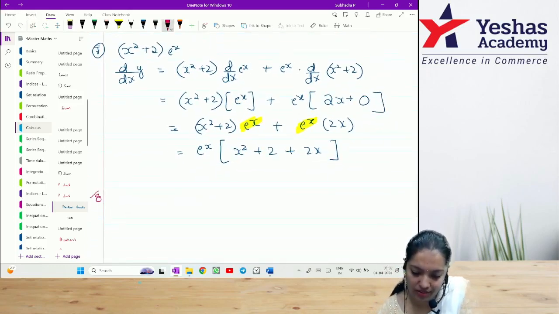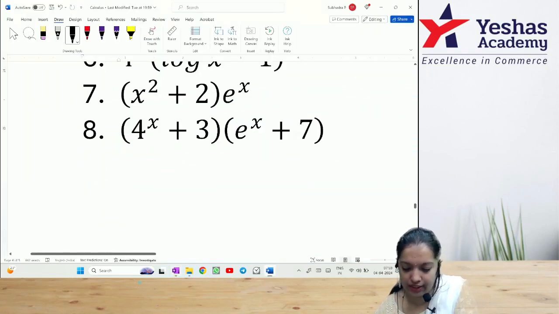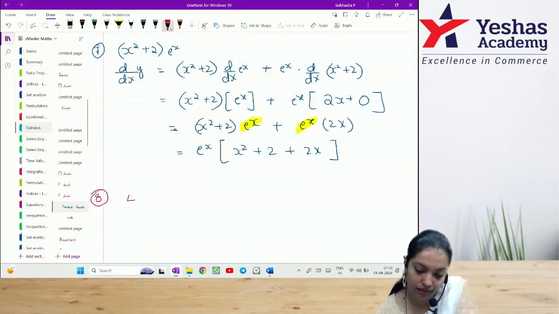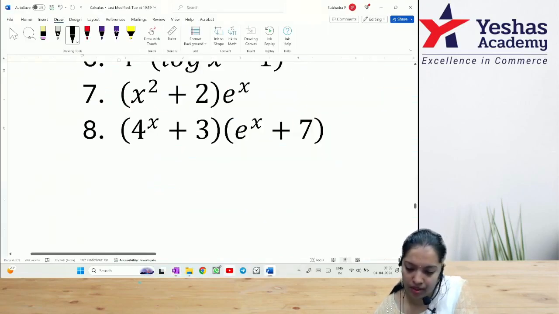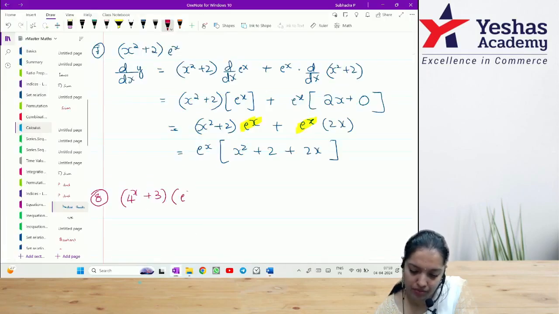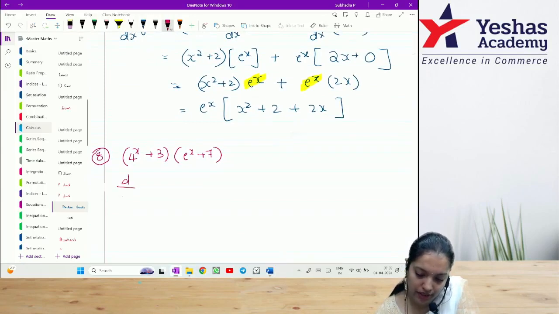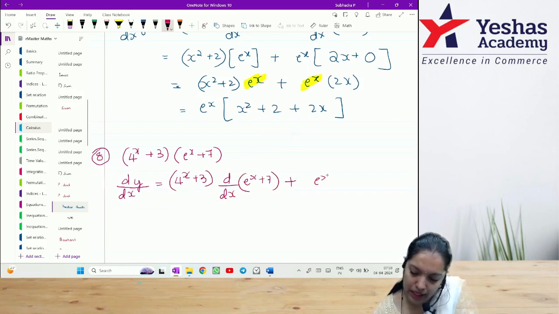Next, 8th one. Last one. 4 power x plus 3 into e power x plus 7. Derivative of y is given as 4 power x plus 3 into derivative of e power x plus 7 plus